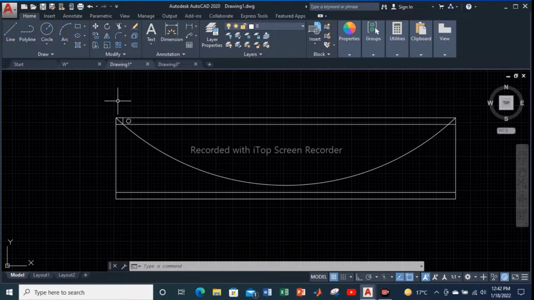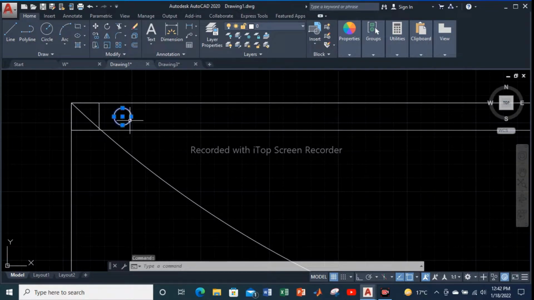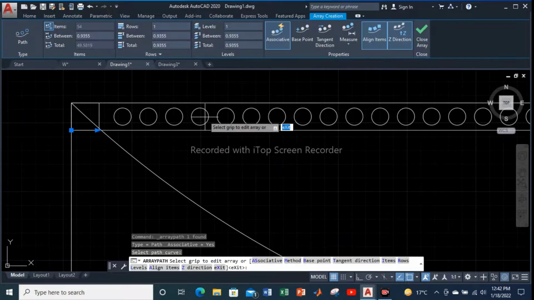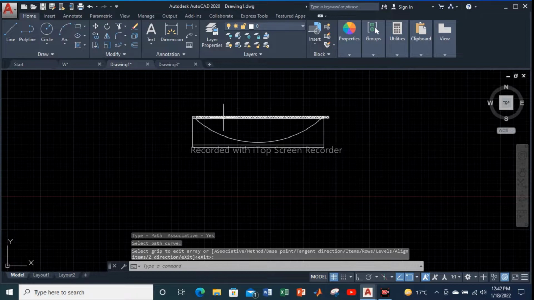So what I need to do is I'm going to create many circles. I'm going to use the command path array. Click on path array, select path curve. I'm going to select this line, and this way I have gotten my circles, but I don't need this